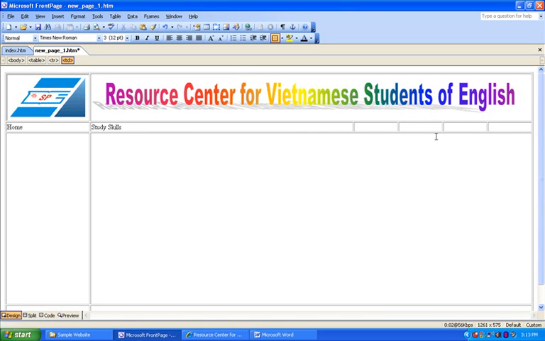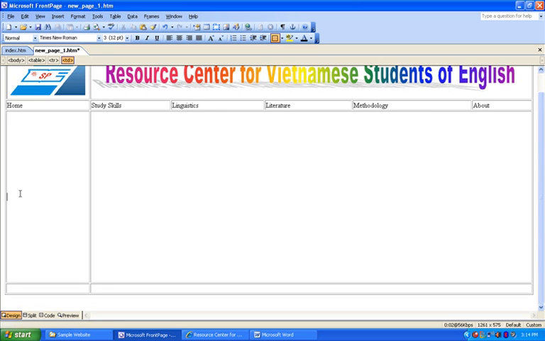Mind about the size of the cell. We will fix that pretty soon. Linguistics here, and then literature here, and then methodology. Lastly, in the about page, you will put in the information that you want to tell the world about your website, right? Now, in this cell, in a vertical navigation bar, I'm going to put in